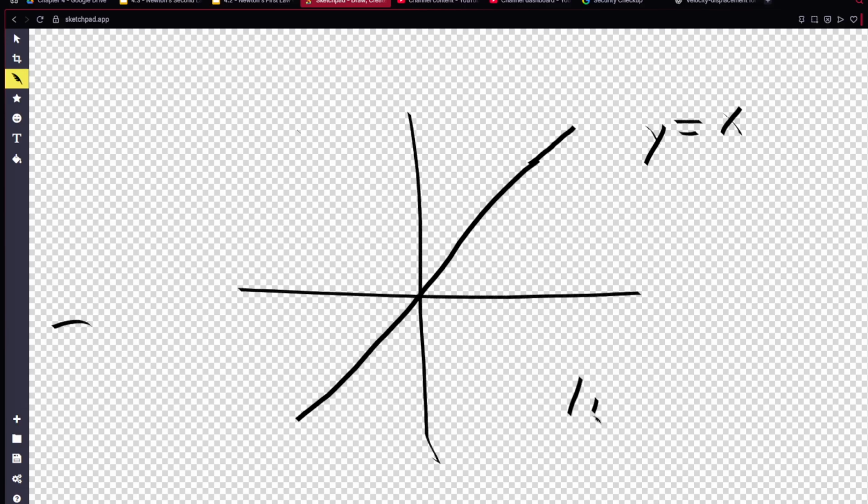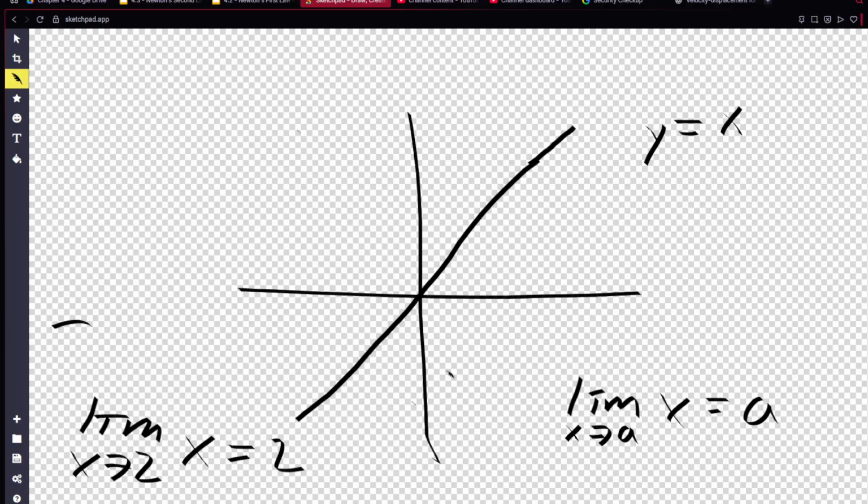As we remember, if we use the limit rules, the limit as x approaches a of x is always just going to be a. So simply let's reassign this as the limit as x approaches 2 of x equals 2. If we assign this as 2 and this is 2, the limit as x approaches a from either side is going to be 2. So that is the limit there, simply put. Now here's what we're going to do. We're going to extrapolate this further, and to do so, we're going to use an epsilon and delta definition. Now this is called the precise definition of a limit. So it states that